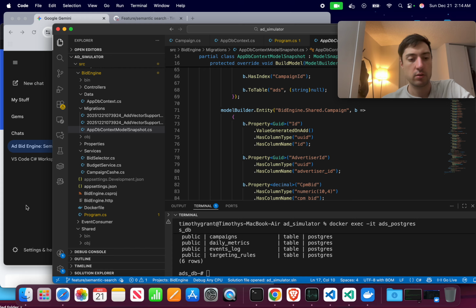So it created a file in my migrations folder. The up method contains alter table adds. The down method